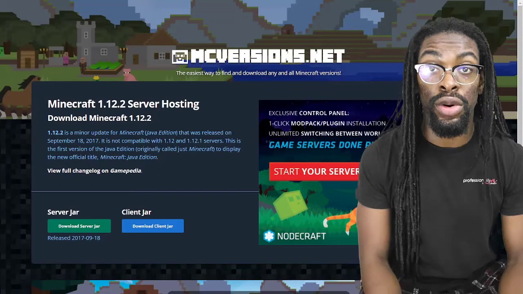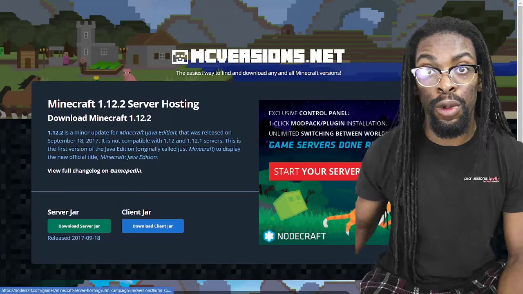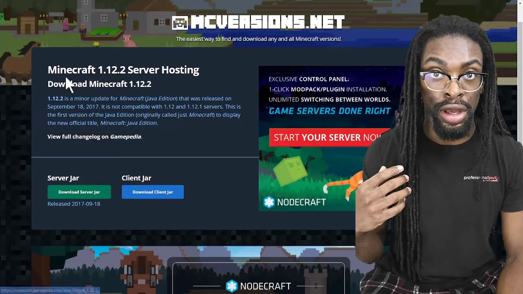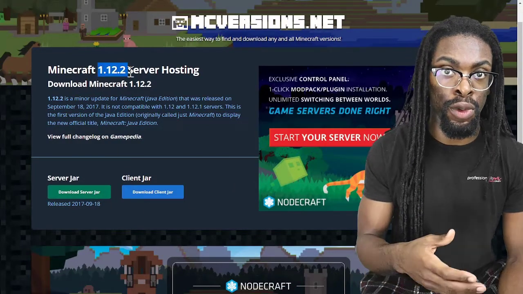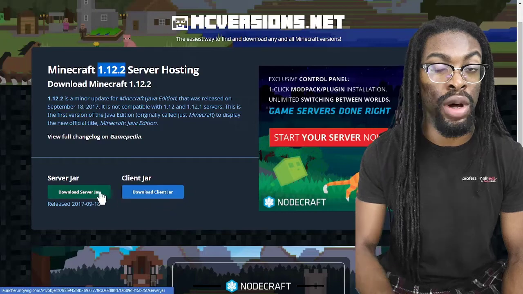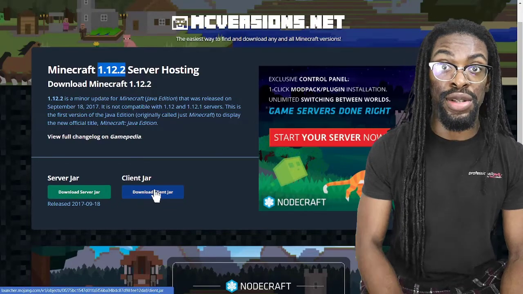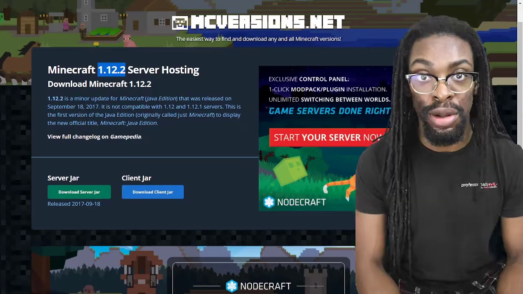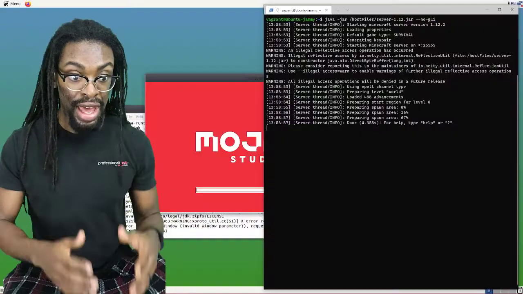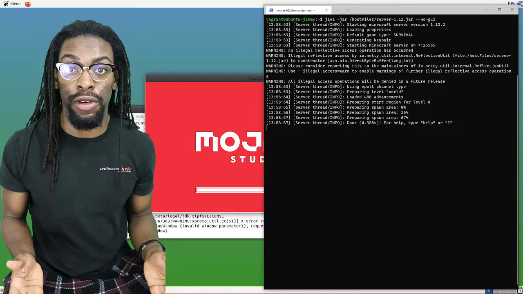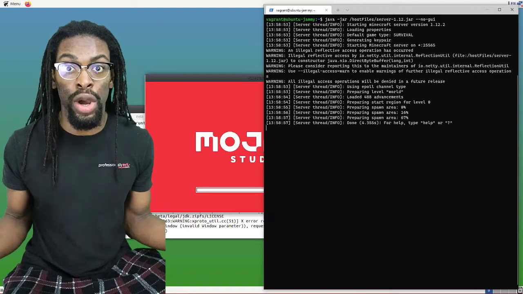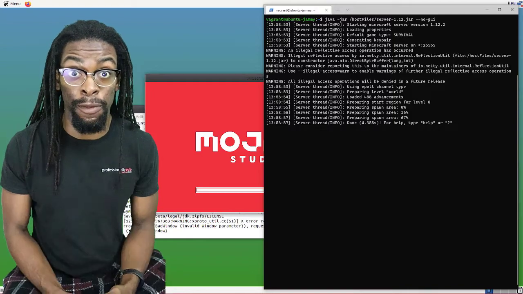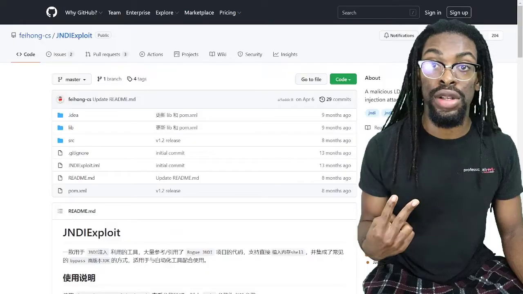Then you're going to get an old version of a Minecraft server, specifically a jar file for Minecraft 1.12, and you need to make sure that the client corresponds to it, otherwise you won't be able to get it working. Then you install the Minecraft server, just the same way that you normally do. I had to look this up myself because it's been some time since I did it. You need to make sure that you have the